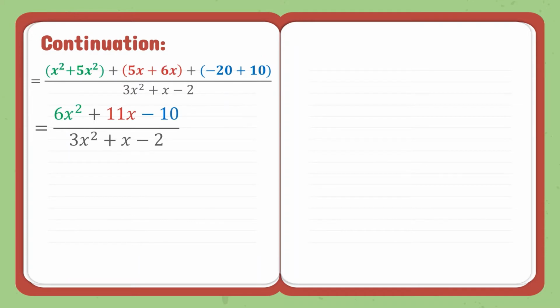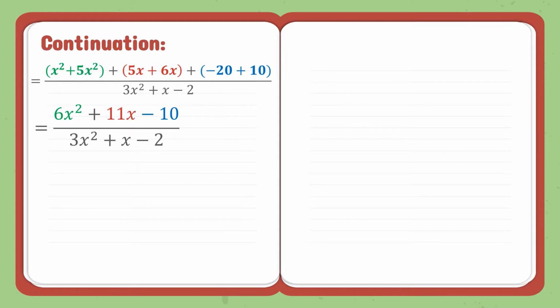Let's continue with our solution, rewriting the previous calculation that we have. x squared plus 5x squared plus a quantity of 5x plus 6x plus a quantity of negative 20 plus 10. Solving this one, we have x squared plus 5x squared is equal to 6x squared. 5x plus 6x is equal to 11x, and negative 20 plus 10 is equal to negative 10. So this is now our